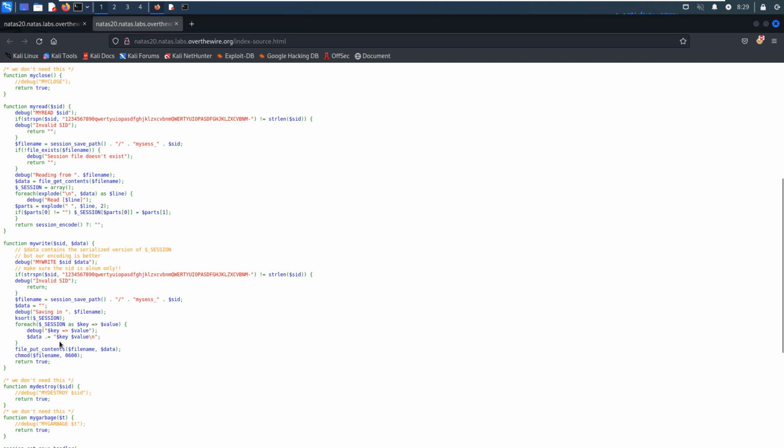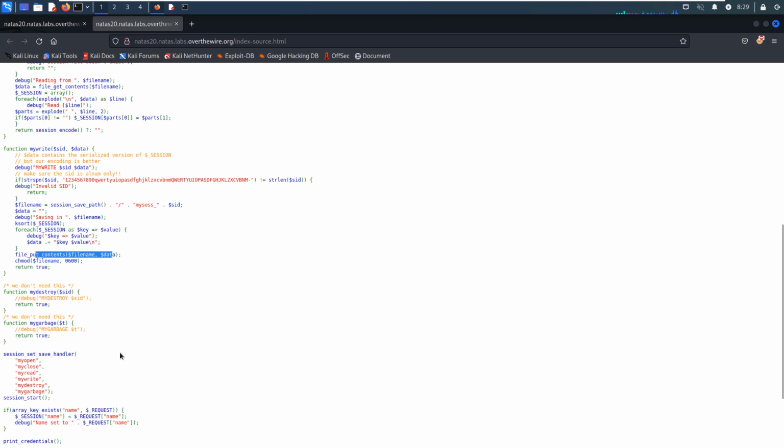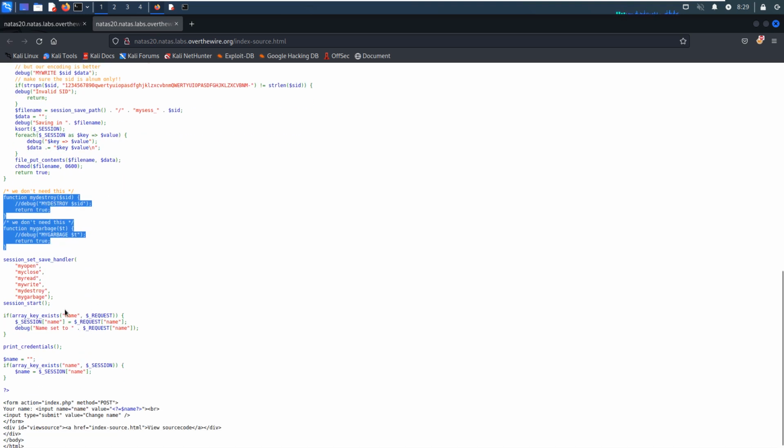And for each key pair, we'll write into the file in this form: the key and the value, and between them should be a space, followed by the line separator. Okay, so next, we can write into the file, and these two functions are totally useless.